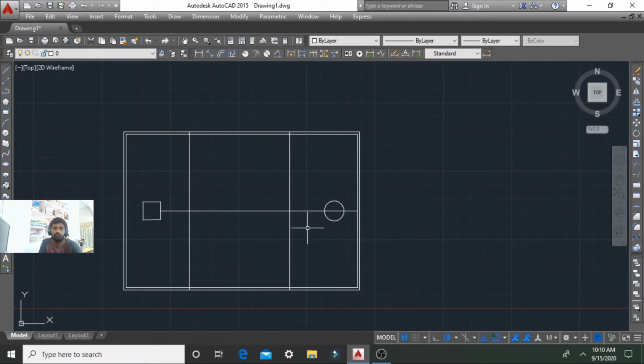So here we go with this reinforcement, with an offset up to 1500. The spacing here goes up to 1600, 20 mm dia bar with 150 mm spacing.